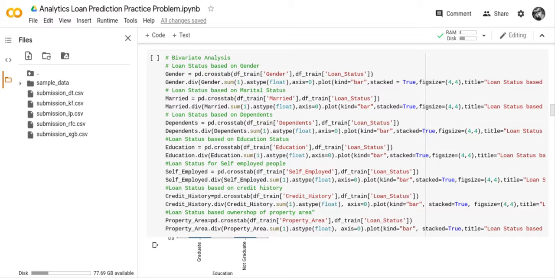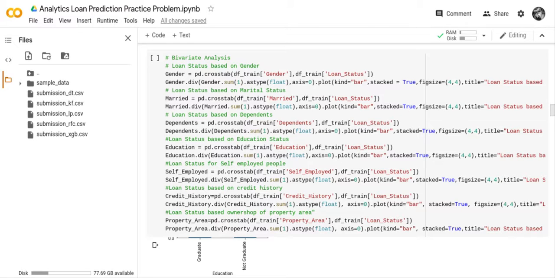And someone on the Kaggle website had posted the code, so I copied and pasted the code from the Kaggle website onto this selection right here just to get the graphs and everything to work, because it didn't work when I tried to type it in from Analytics